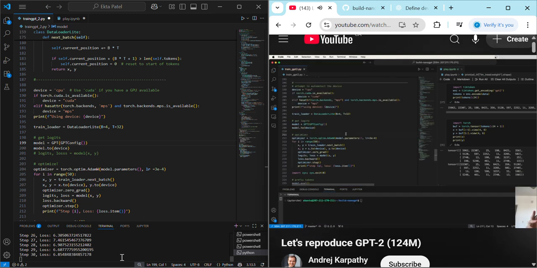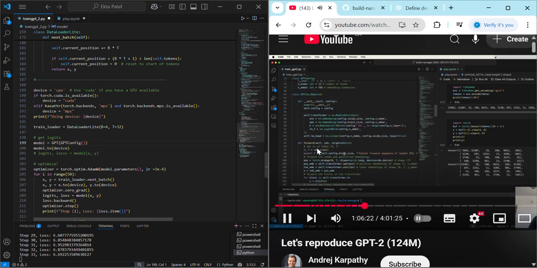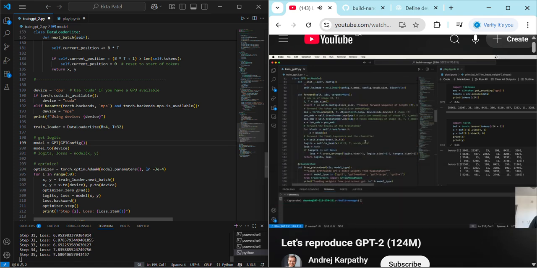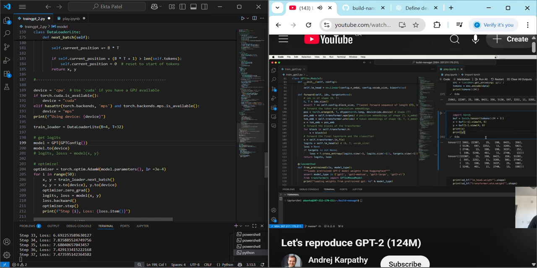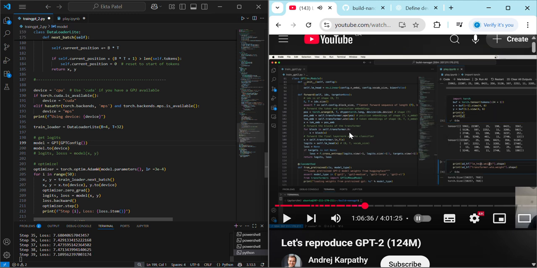So that's good. Okay, next, I want to actually fix a bug that we have in our code. It's not a major bug, but it is a bug with respect to how GPT-2 training should happen. So the bug is the following. We were not being careful enough when we were loading the weights from Hugging Face, and we actually missed a little detail. So if we come here, notice that